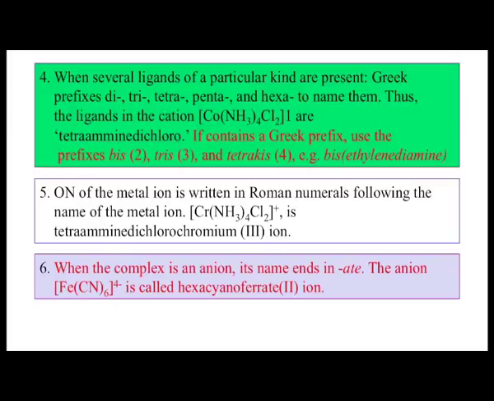But when more than one ligand is present, like ammonia as well as chloride, we write them with Greek prefixes: di, tri, tetra, penta and hexa. So when 4 ammine groups are present, we use tetra. But when the ligand itself has a di part, we use the Greek prefixes bis: di becomes bis, tri becomes tris, and tetra becomes tetrakis. So when 2 ethylenediamine groups are present, we write bis ethylenediamine, because the di part is already there in the name.